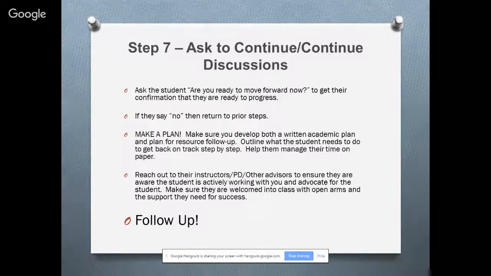And then again, like I said, next thing you know, they're right back onto the LDA. They're right back into the at-risk bucket because they are not working through their academic plan, if there was one, or they are not reaching out to those resources. They are not following through with what they need to do to get back on track. So we just want to be sure we're following each one of these steps to really get to the root of the problem or problems, and finding any solutions we can for those issues, and certainly coming up with that academic plan, because sometimes it really is more about that insecurity with academics